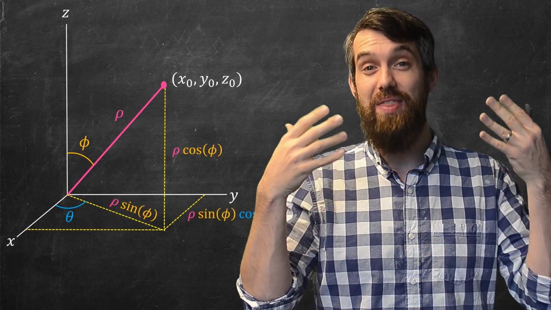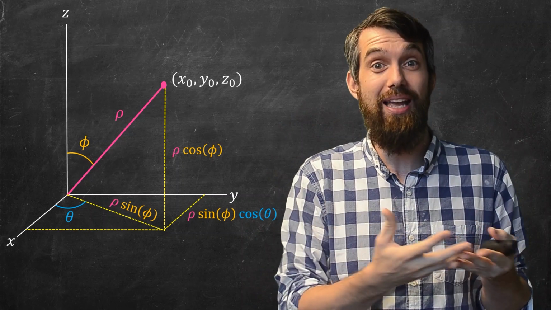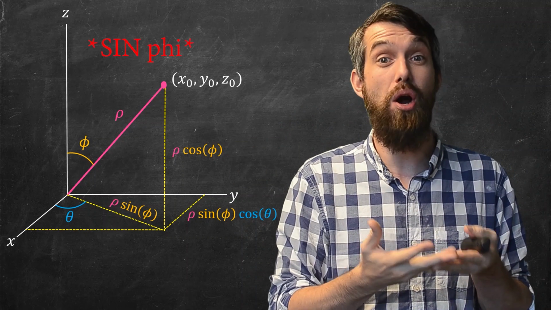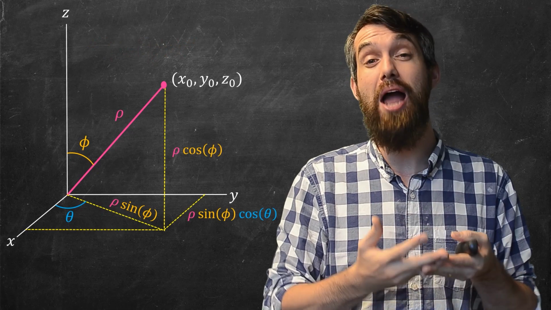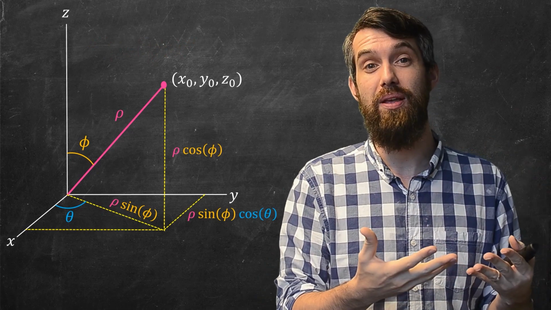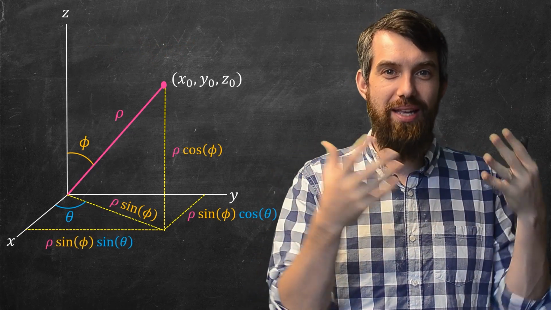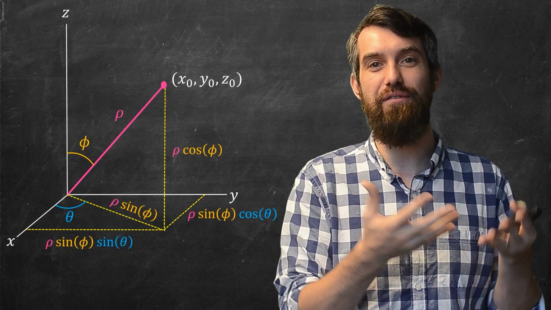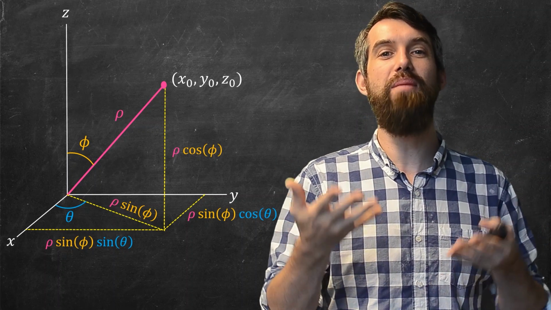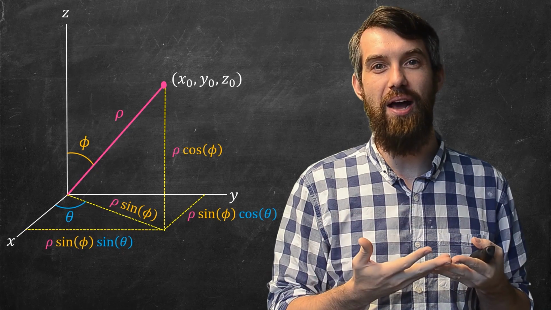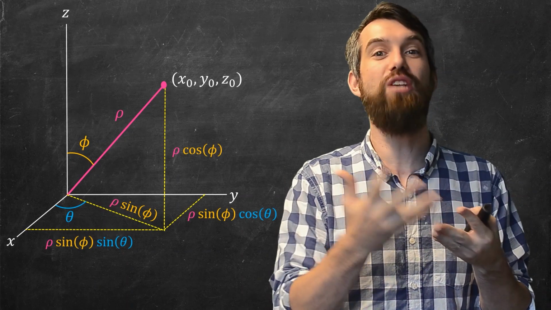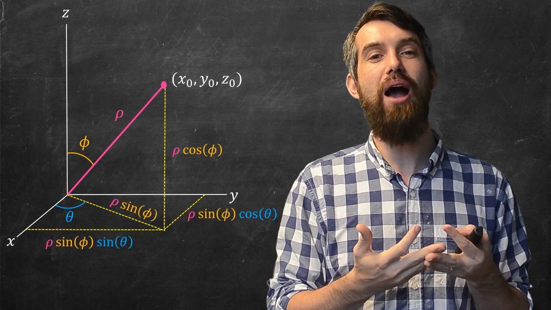Namely, the x component is the length of the line, rho sine phi, multiplied by cosine of theta. And then for the y component, you again take that rho sine phi, but now you multiply it by sine of theta. So I've taken my point, this x, y, and z coordinate, and I figured out how to describe the x, y, and z